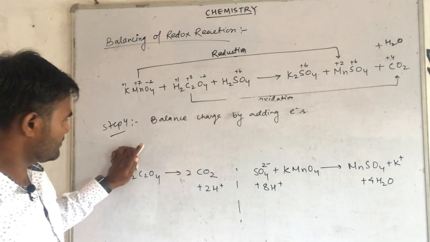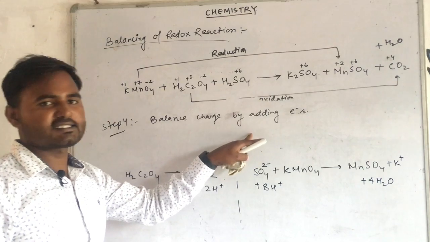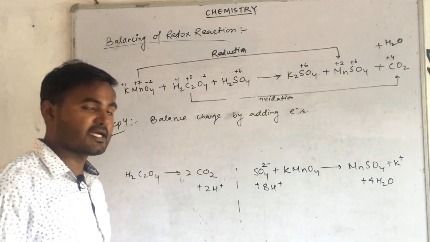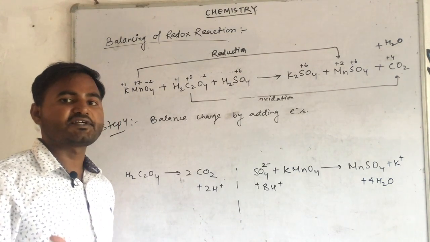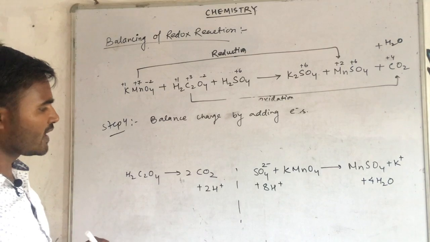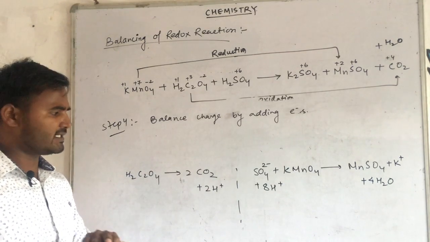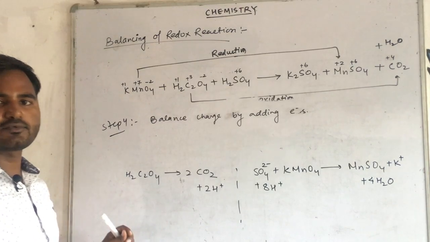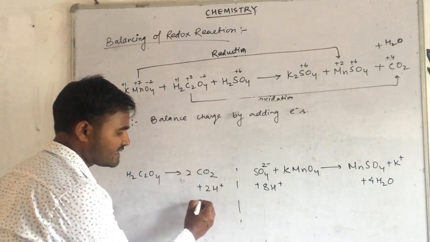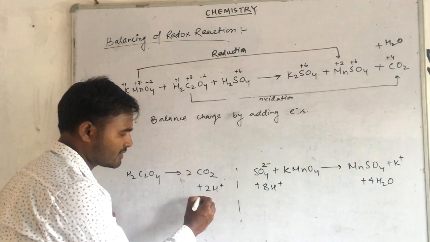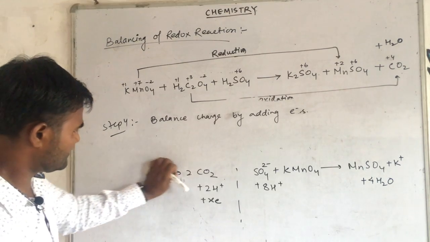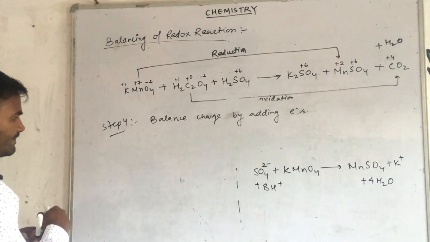Clear? So in this step, sometimes students got confused in which side we have to add electron. Here I am giving a trick where should electron be added. So for this you have to add electron arbitrarily. You do not need any calculation, you have to just add either left or right. In this part I am adding electron on right side, and how many? X electron. I don't know what is the value of X, I am just adding X electron. I am writing this again to clear you.